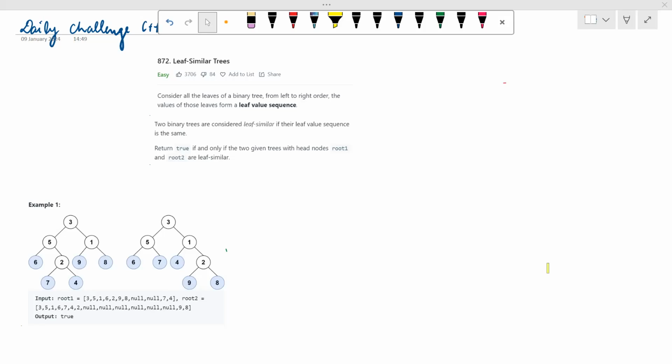Consider all the leaves of a binary tree from left to right order. The values of those leaves form a leaf value sequence. Two binary trees are considered leaf-similar if their leaf value sequence is the same. Return true if and only if the two given trees with head nodes root 1 and root 2 are leaf-similar. So, after reading this problem statement, we understand first we need to figure out which all